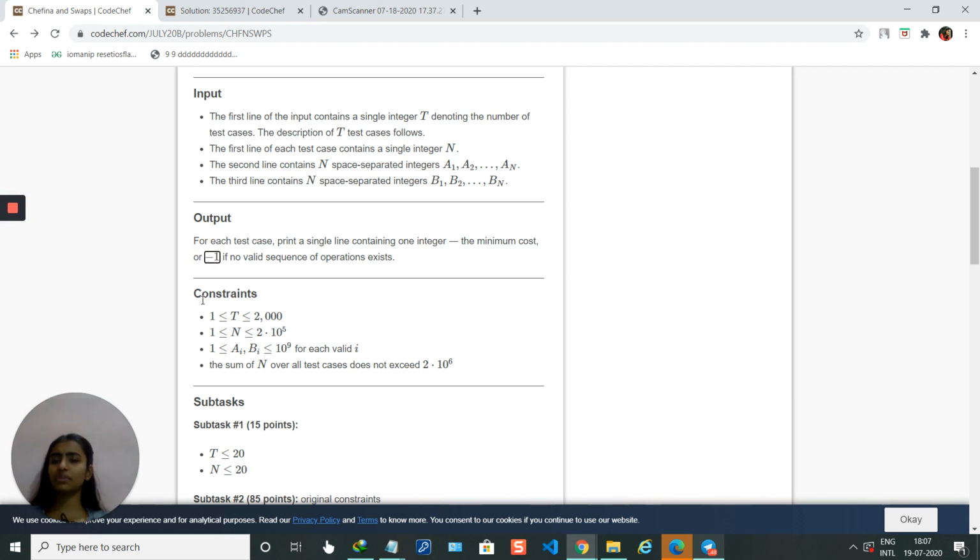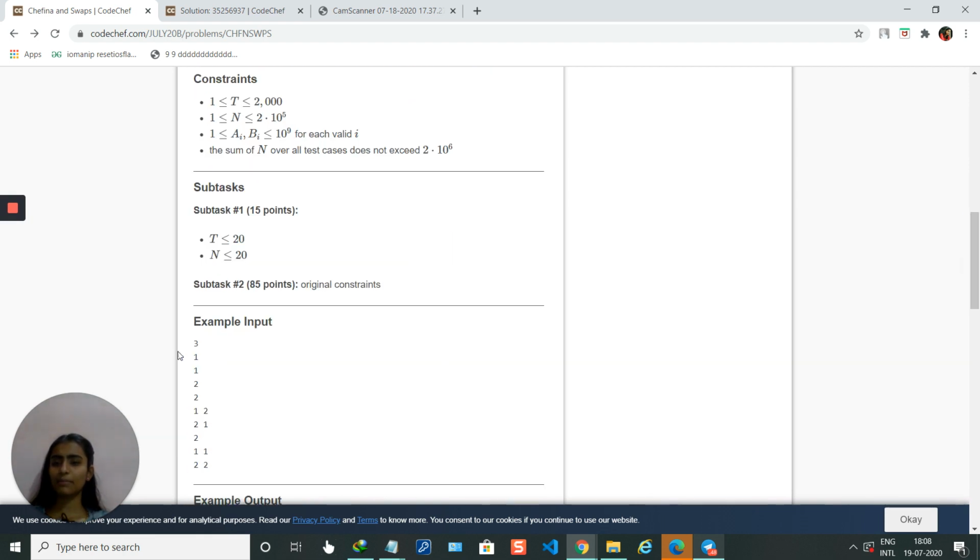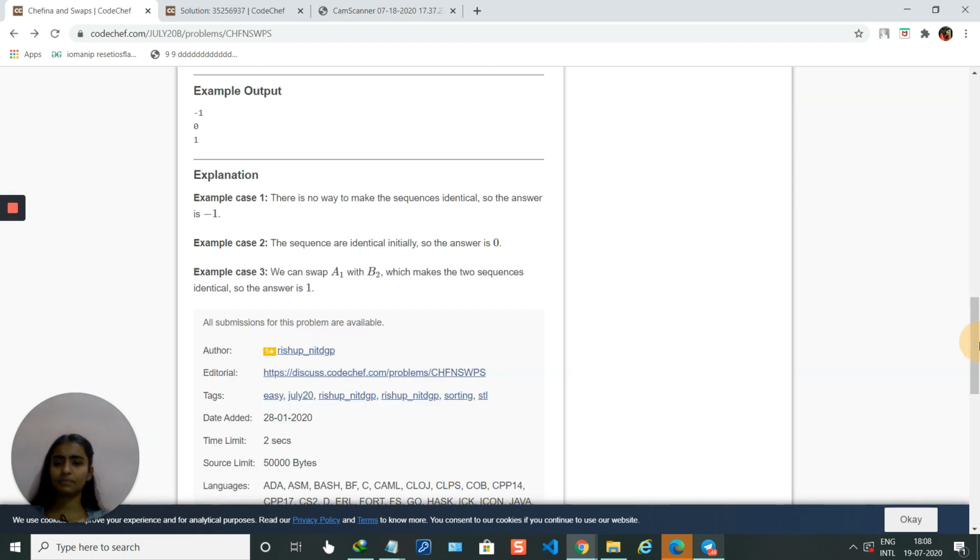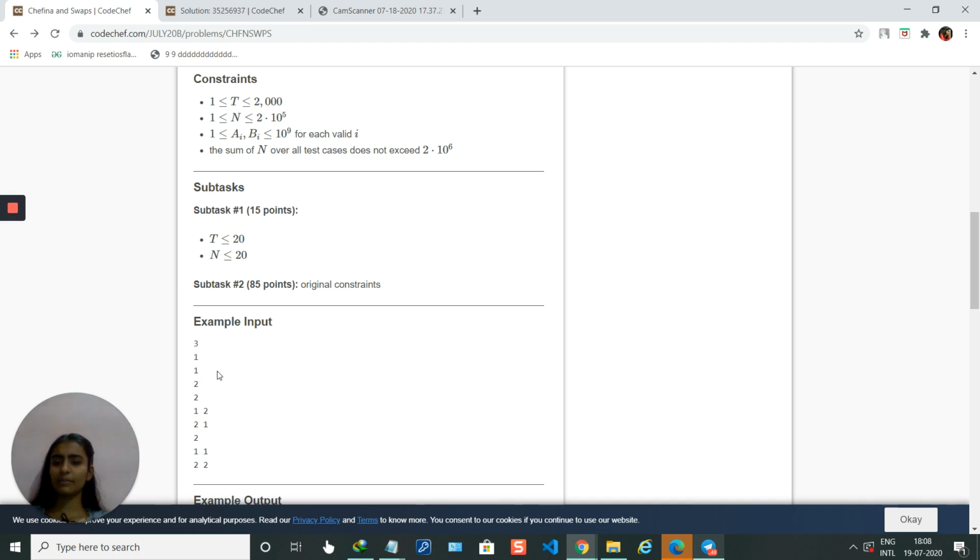We also have to take care of this constraint: ai and bi should lie between 1 and 10 to the power 9. This is the sample input: 3 test cases, the number of elements, and both the sequences.